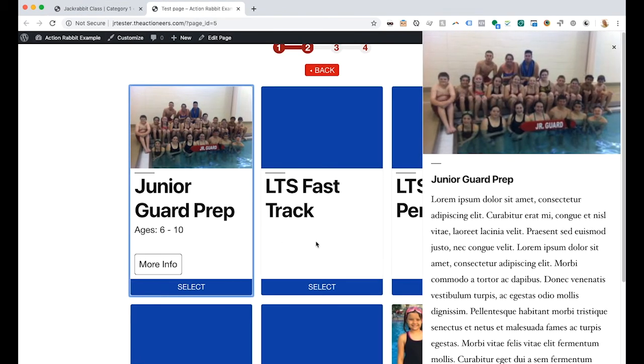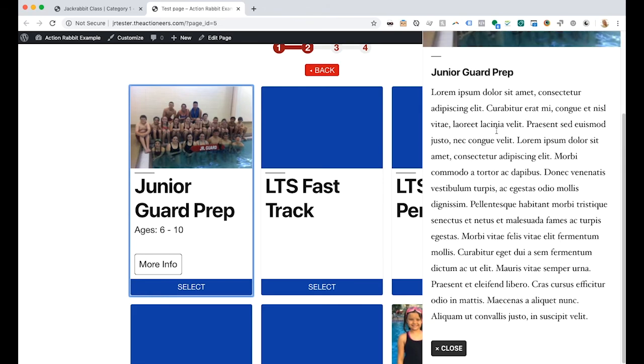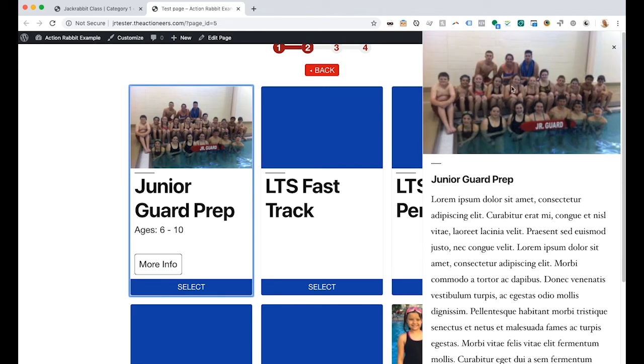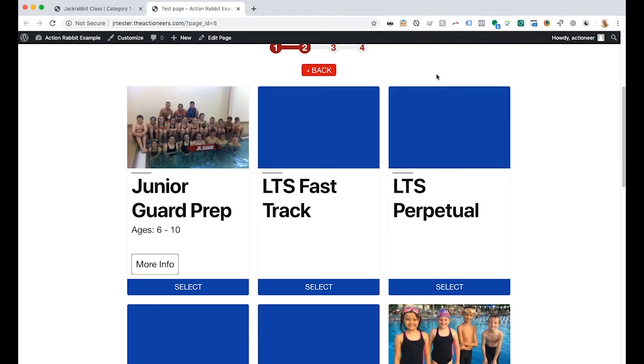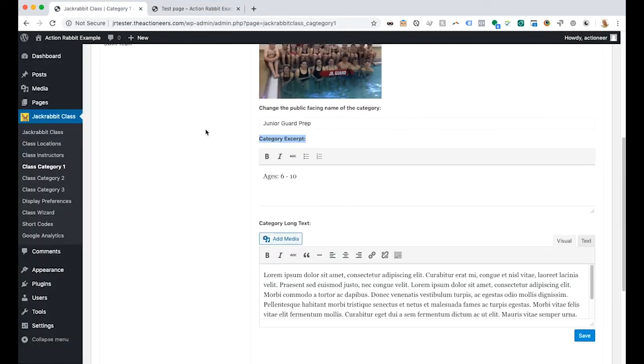Let's click this. We've opted to use a category drawer here, and this is just going to fly out from the side with a little bit more information, and it has this image up here. It doesn't have to be this particular format. If we go back to our display preferences,